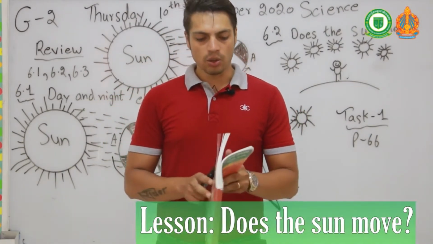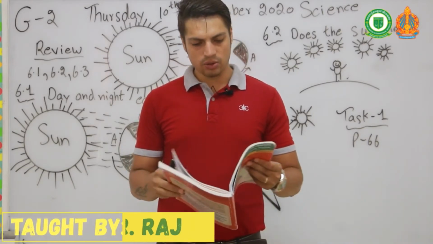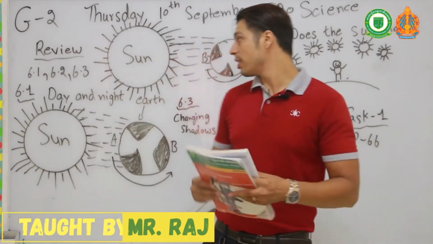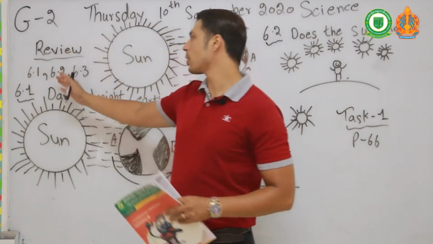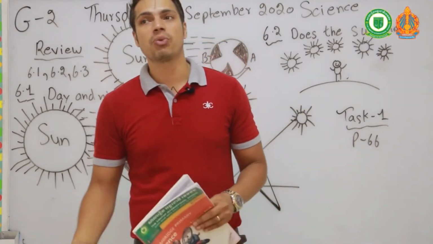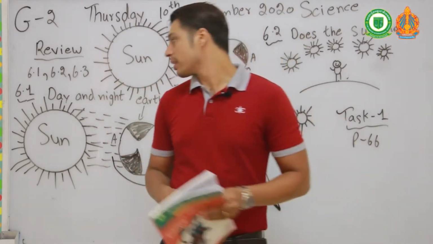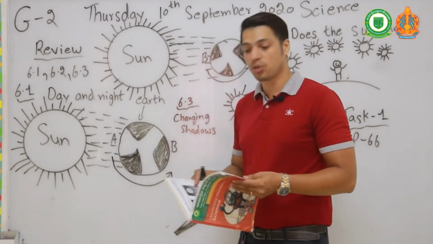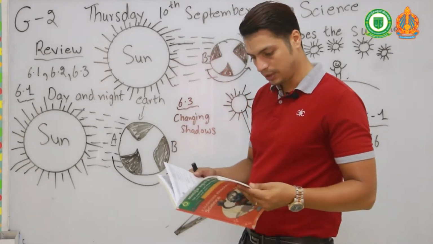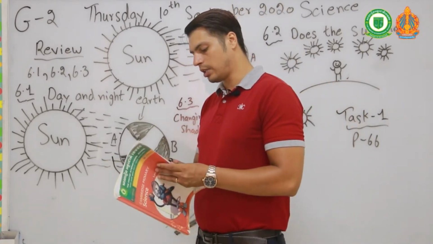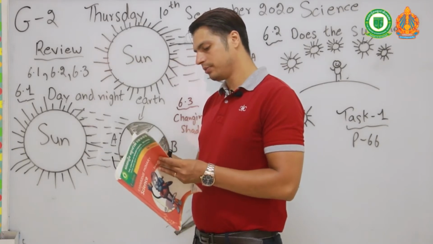Last week we learned about changing shadows. And this week we will review 6.1, 6.2, 6.3. We will review what we have studied in the last two to three weeks. You guys have been doing a great job, so keep it up. So first, let's go to 6.1,